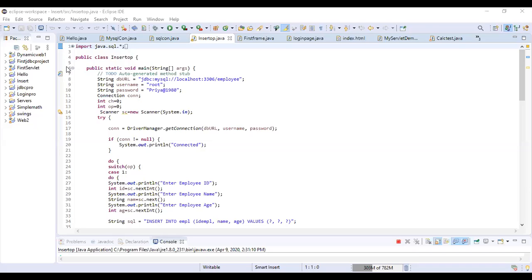Okay, now we are going to create any public class, any name you can give. In the main method, I have written all the code. Now I have declared these variables: string URL, the database URL. It is nothing but your